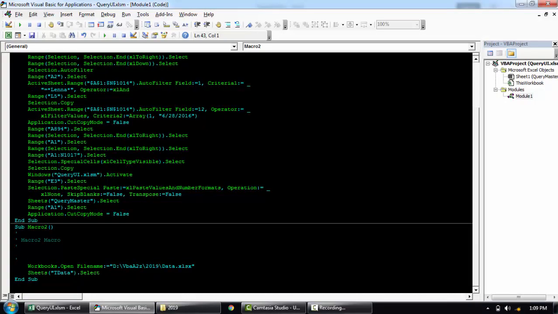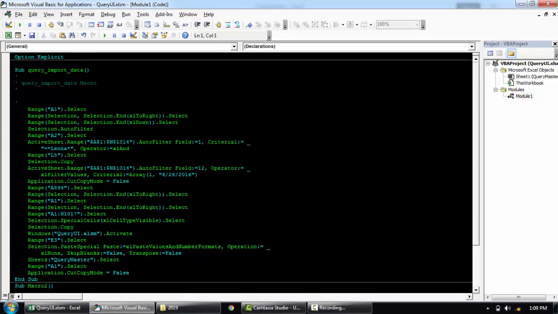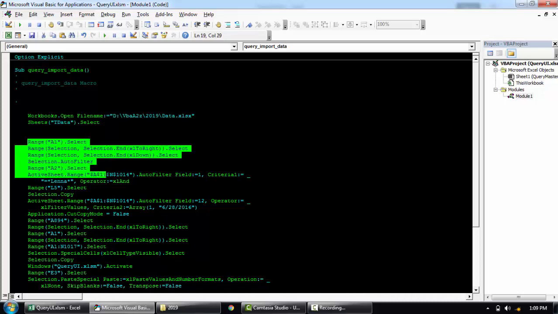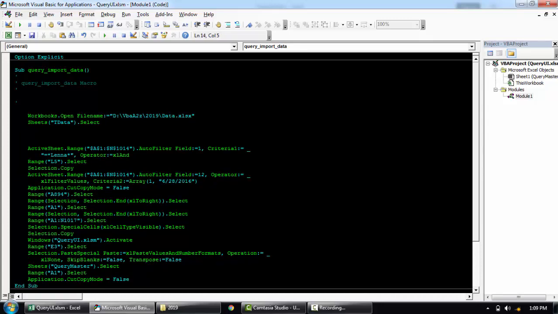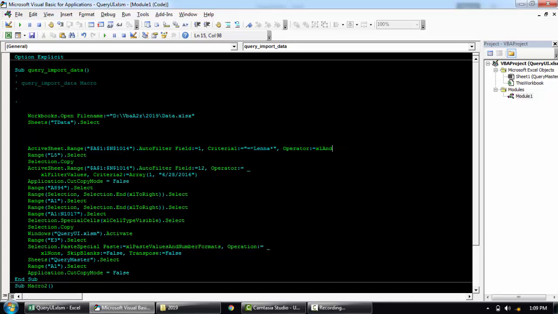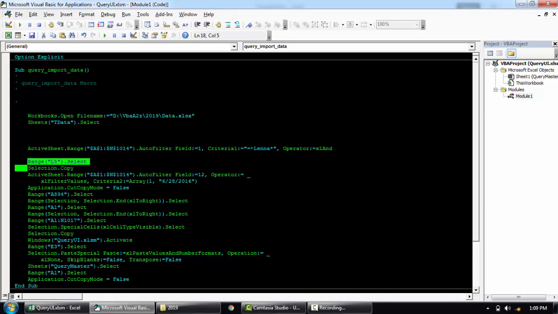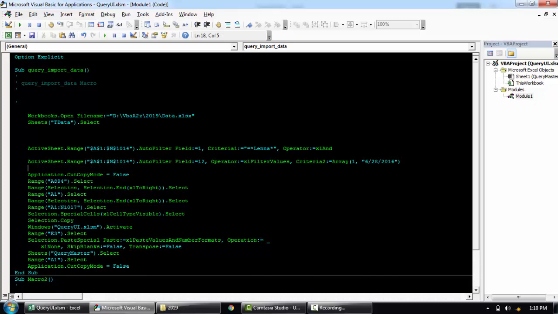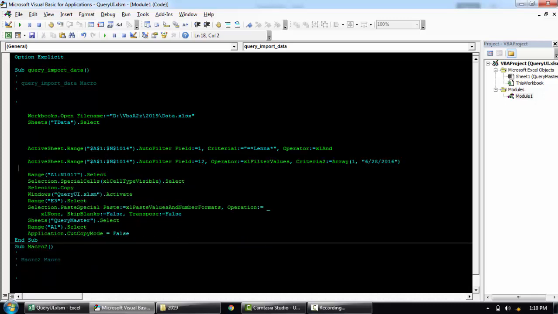So down here you can see the workbook open and select this step. So bring that at the top. So this is basically open the workbook, select this data, the data tab from this workbook called data, and then first it's applying a filter here to Lena, the customer, and then down here it's filtering on the date, which is this 6/28, and then once that is done, it's basically copying the data that is visible,